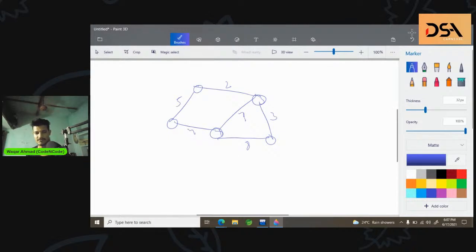So what Kruskal's algorithm says is, sorry, I don't usually work with this. So this is node, let's say A, this is node B, this is C, this is D, and this is E. Okay, so A, B, C, D, and E. So what it says is that to get the minimum spanning tree, first of all, get the list of all